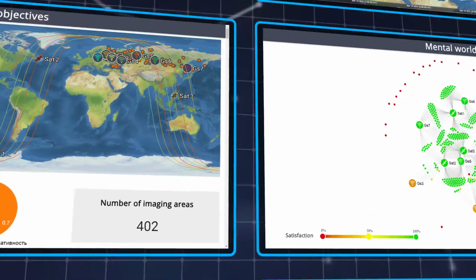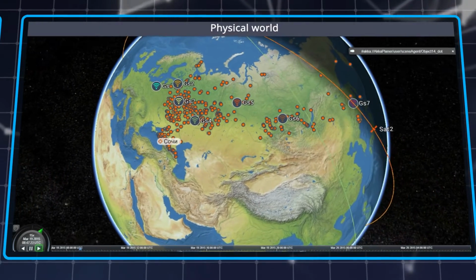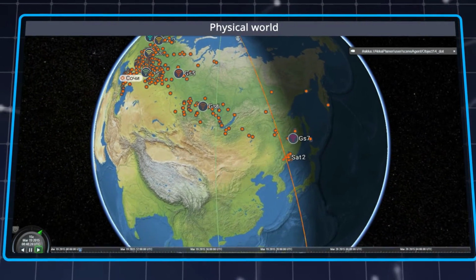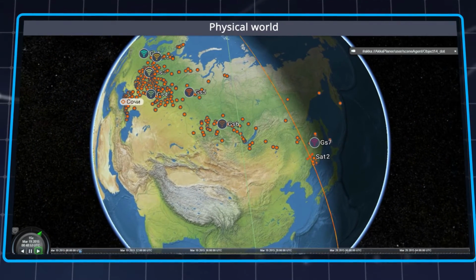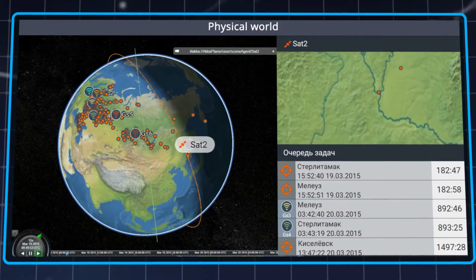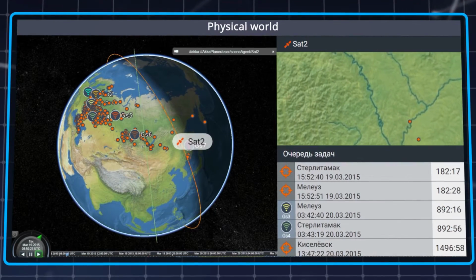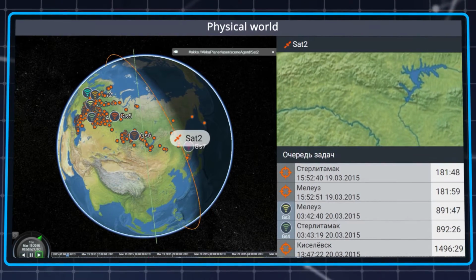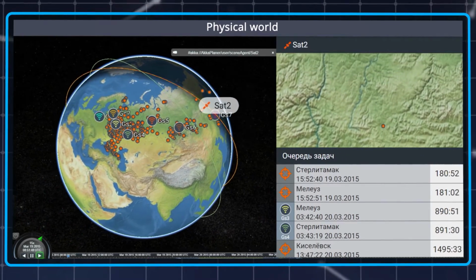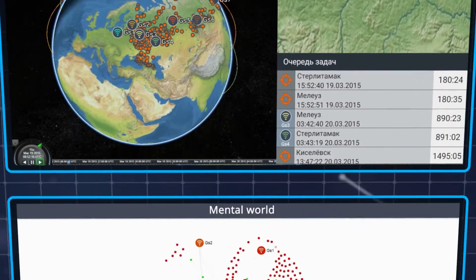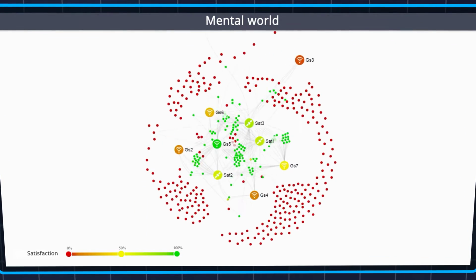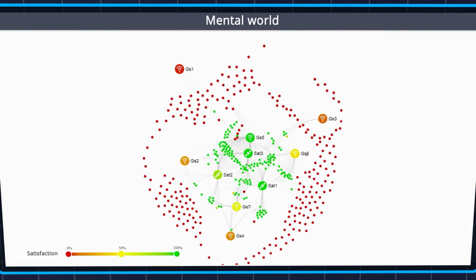The middle column in the screens shows the mission scheduler's internal state. The top screen depicts a physical world model, including a 3D Earth model, satellite orbits, target areas, and ground stations, and simulation of their relative motions. By selecting a satellite, you can view the short-term acquisition and downlinking schedule. The fifth screen illustrates the links established between the satellites, target areas, and ground stations in the process of schedule